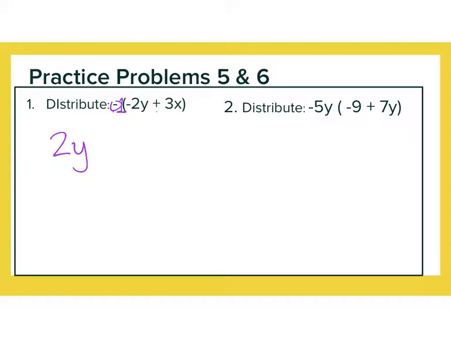Negative times positive is a negative. 1 times 3 is 3, and then I have just an x. So 2y minus 3x. For the second one, I'm distributing a